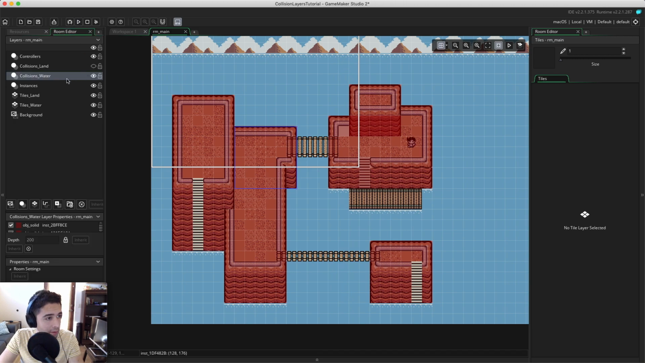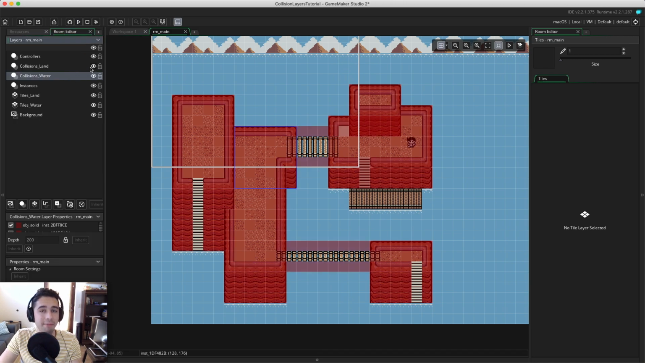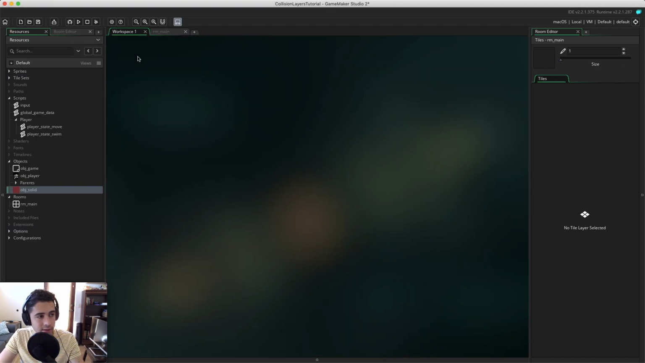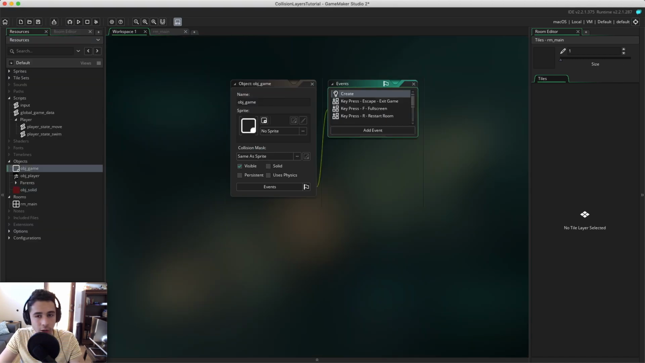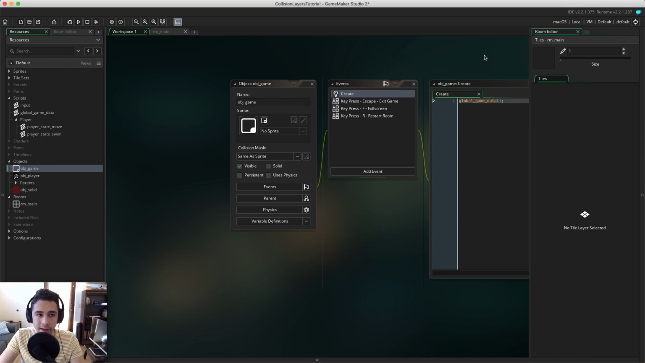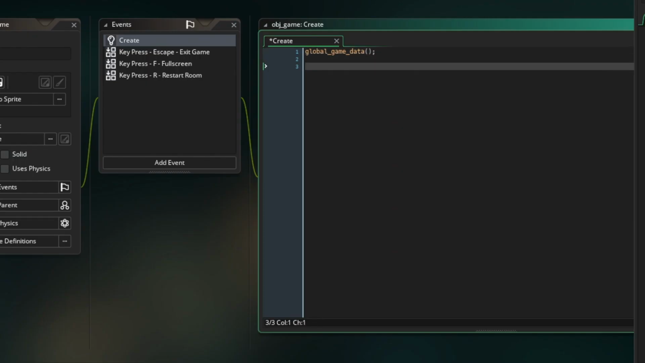So we have both of these collision layers on, but if we just hit play right now, the player is in a collision object, so it's not going to move anywhere, it would just start colliding with everything. So what we need to do is find a way to turn on one layer and turn off the other layer whenever we want to. So let's go ahead and do that right now. Inside of our OBJ game object, we're going to open it up, and we're going to create a new variable, and we're going to call it